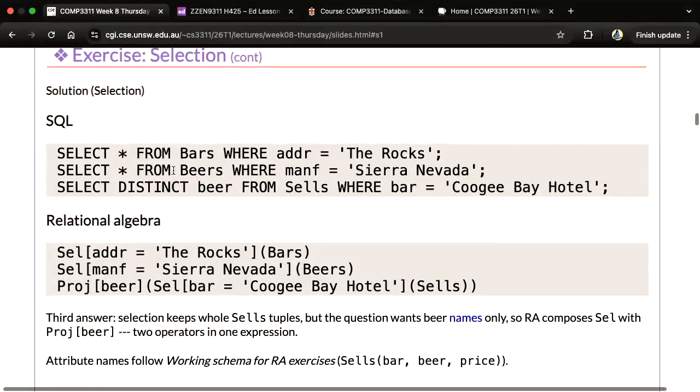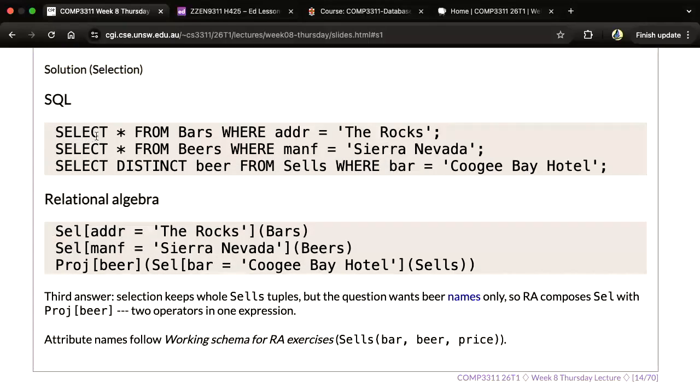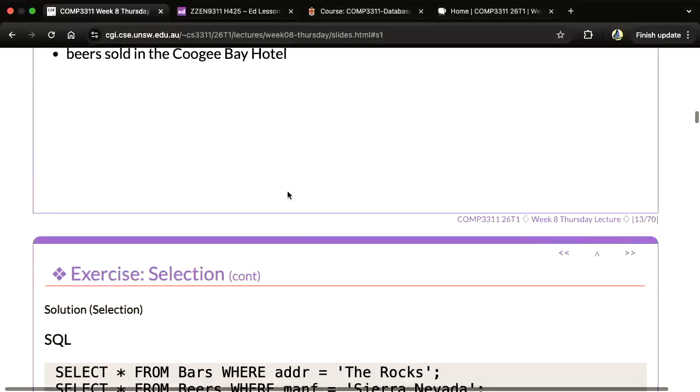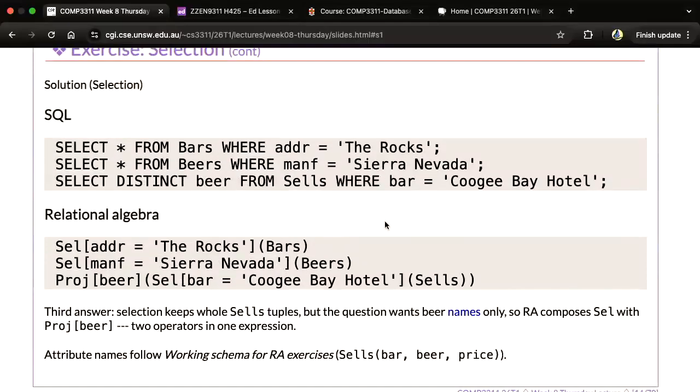So these are the 3 pieces of SQL code corresponding to these 3 questions. We have already seen this before. First, we want to get all of the bars from the rocks, and we want to get all of the beers made by a specific brewer, and also all of the beers sold in a specific bar. These are pretty easy, since you have already done Simon 1 and Simon 2, and these are the equivalent relational algebra. So basically, when you type this into PostgreSQL, it will parse that, and then